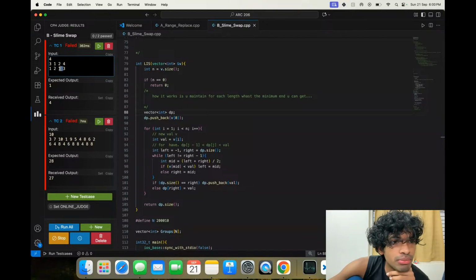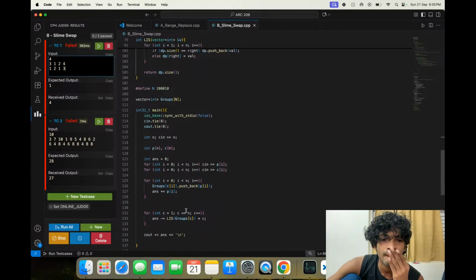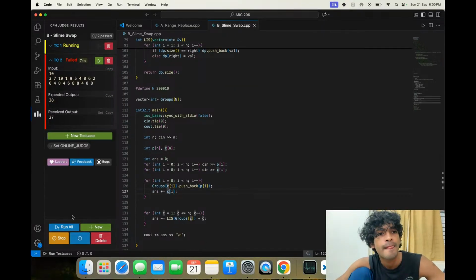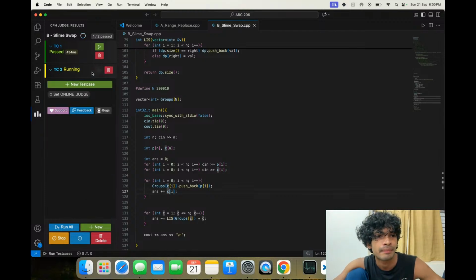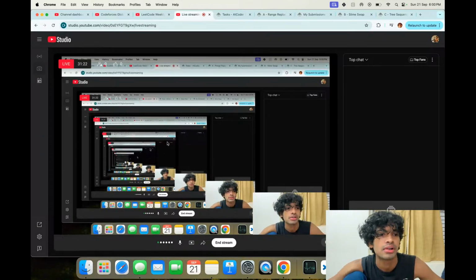The minimum cost was just removing this one, right? It's not just plus P of I, it's plus C of I.